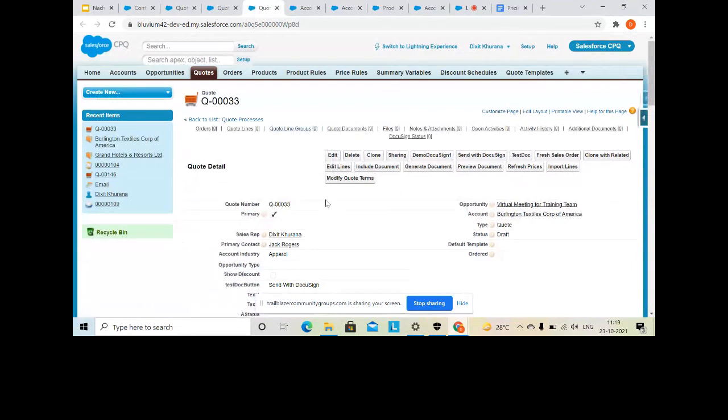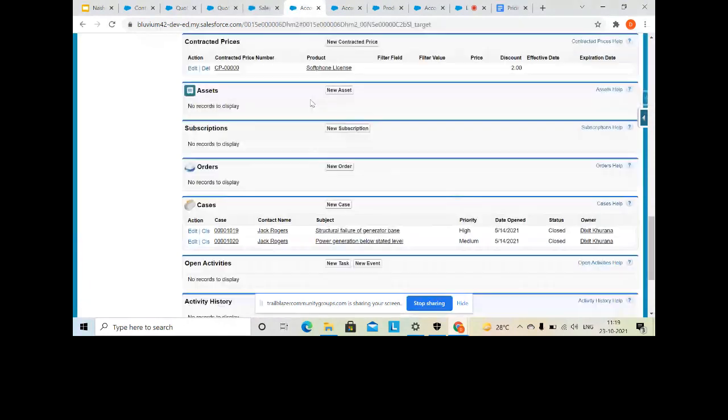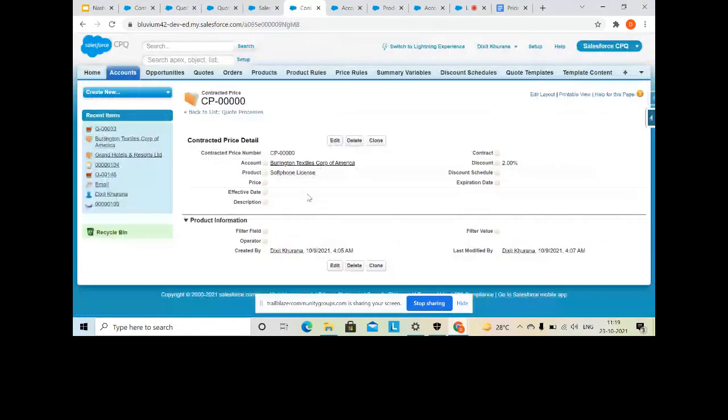Now if you see, this is the account on which we have associated the contracted price. If I click on edit lines, and if you see the contracted price, it is associated with this soft phone license. So whenever I quote on this account and add this product, it will give me a 2% discount. Let me change this to 10%, and I'll click on save.